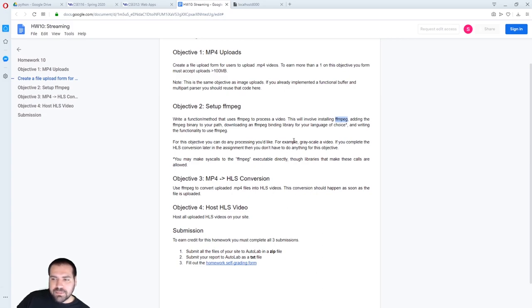Yes. So each language has something built in to make syscalls. You're certainly allowed to use that library. But I'm allowing you to go a step further. You can use an FFmpeg binding library, which will specifically make command line